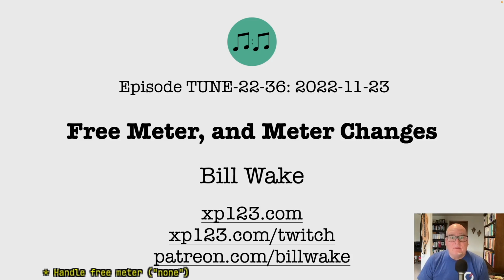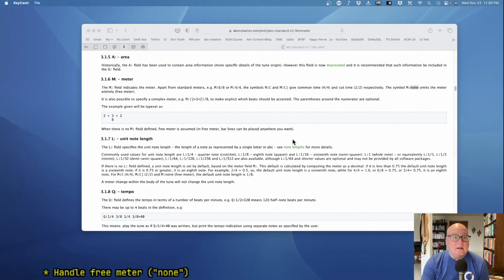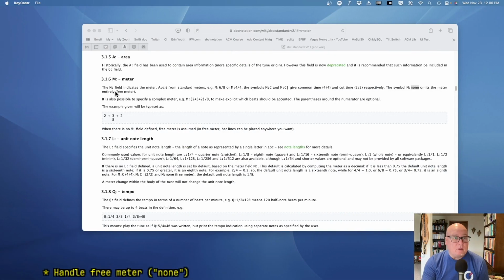We're here working on a Swift program to compare tunes for their similarity. We've been doing pieces of it, and we've got a parsing code analysis coming, which gets the shape of the melody. But lately we've been working on time signatures, and we've done several of them, but we haven't yet done free meter. So if we take a look at the input file format we've got, there's an M field,